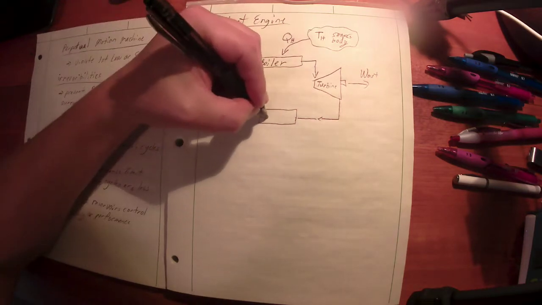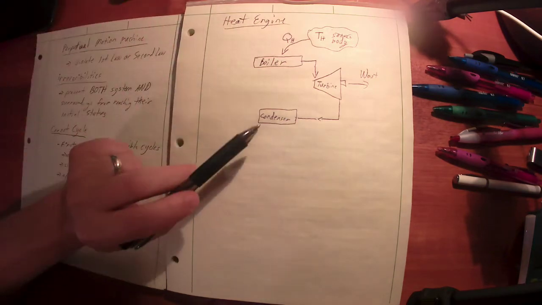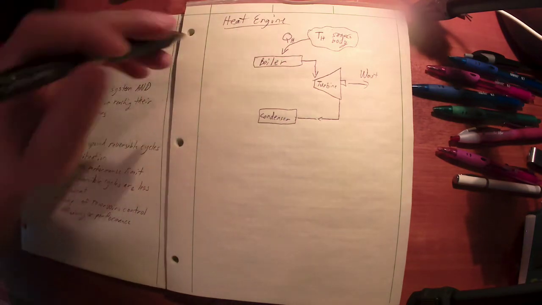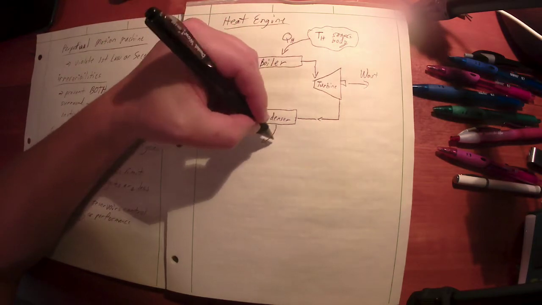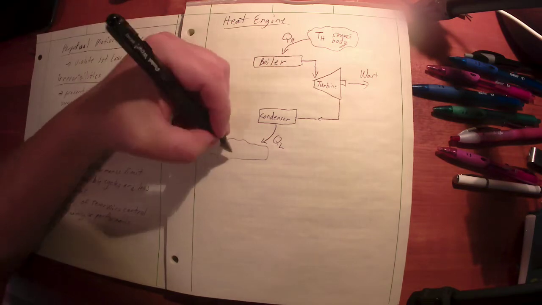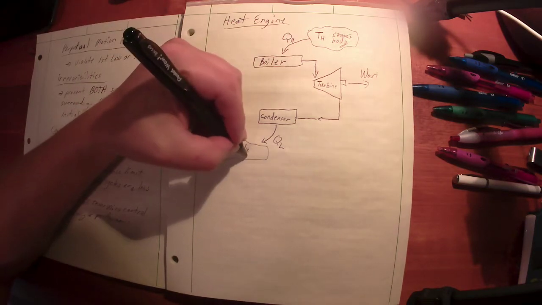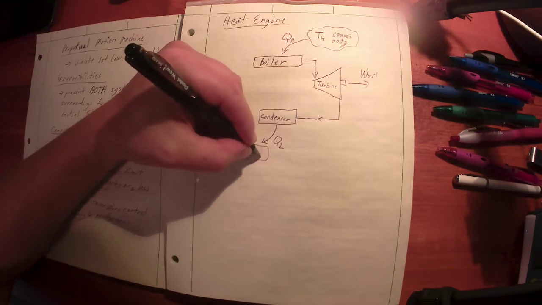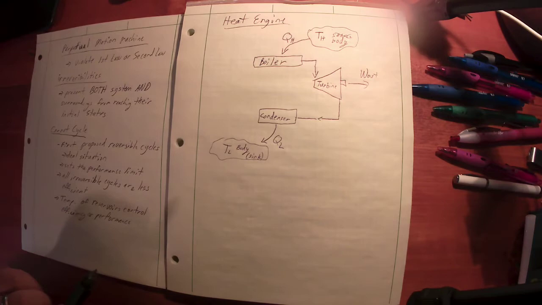Now on the bottom is another heat exchanger we call the condenser, or a radiator or something like that. Some place where we can reject heat to a low temperature body, which we often would call a sink. Something that's absorbing heat we would call a sink. This could be a lake, a river, it could be the atmosphere, just somewhere I need to dump heat,